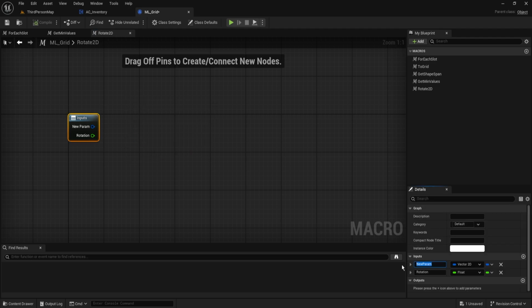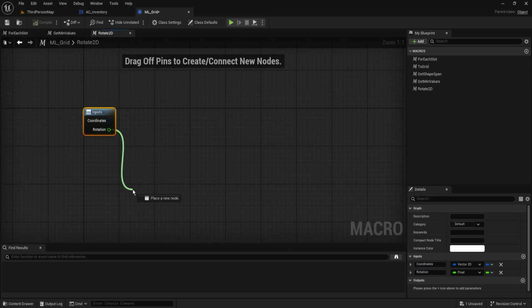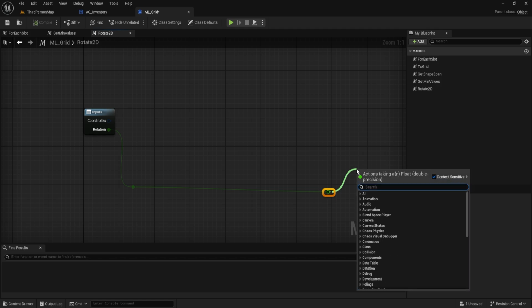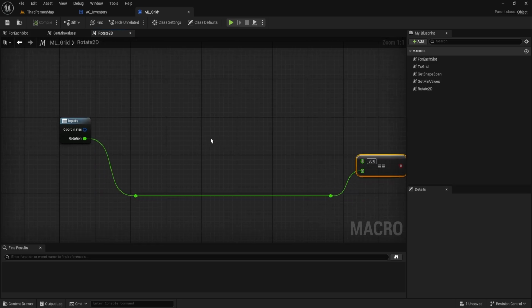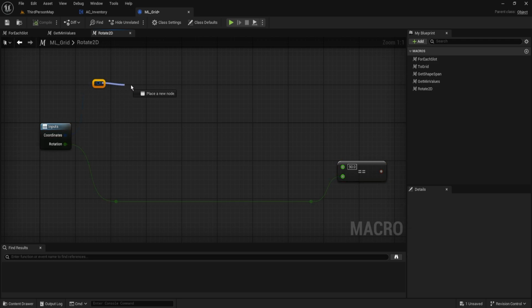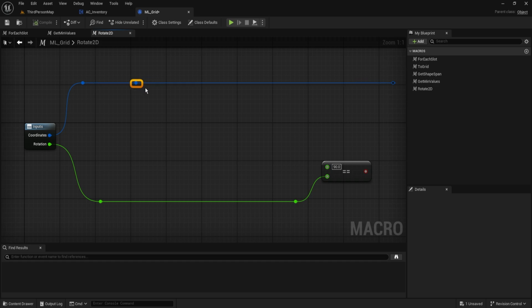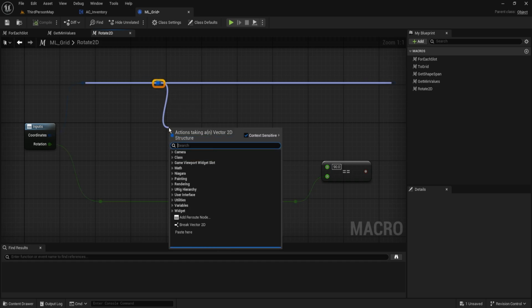So replace this with coordinates. And now we're going to go one by one with a little reroute. We're going to say right here, is it double equal to 90? We'll start with that, or we'll just actually do it this way instead. We'll start with 90 and just go through them one by one. Give it a bit of space, it needs a bit of space here. Same thing at the top, reroutes. Actually, this one will go a bit further and we'll put another one here, which will bring down,